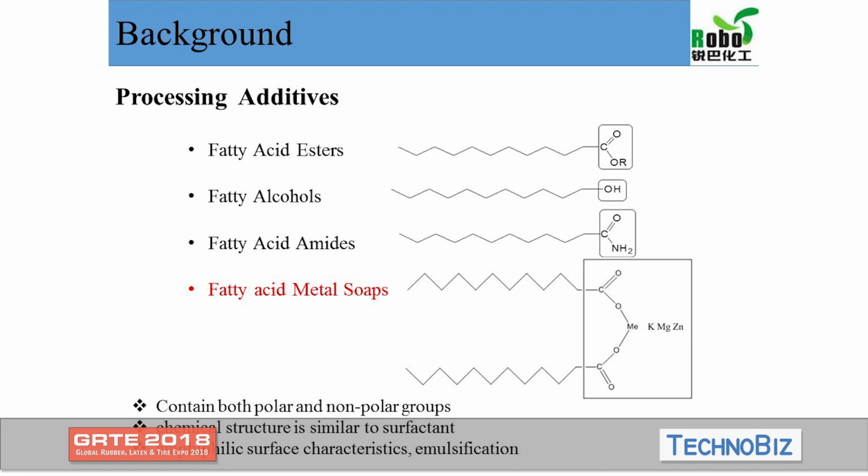And the fatty acid derivatives are one of the most important processing additives, including fatty acid esters, fatty alcohols, fatty acid amides, and fatty acid metal soaps. And the processing additives